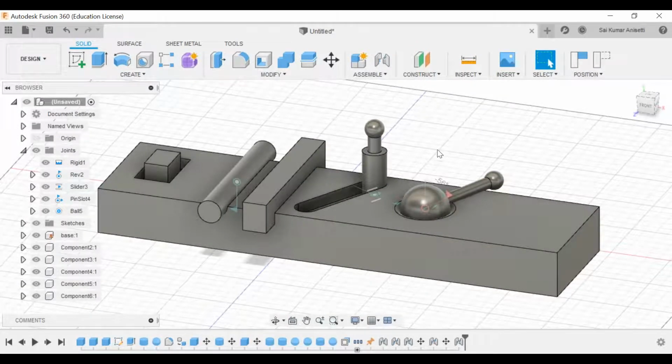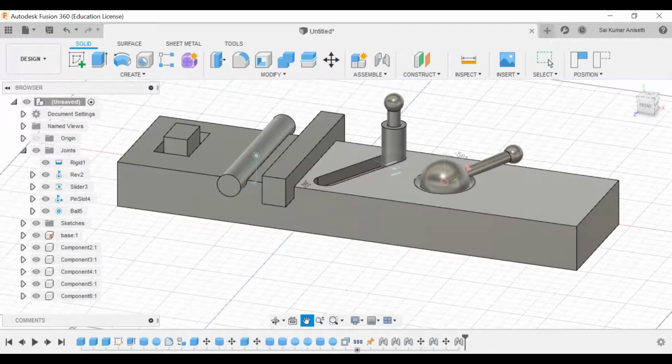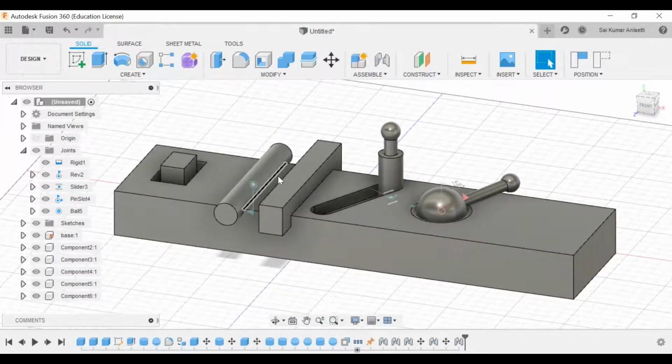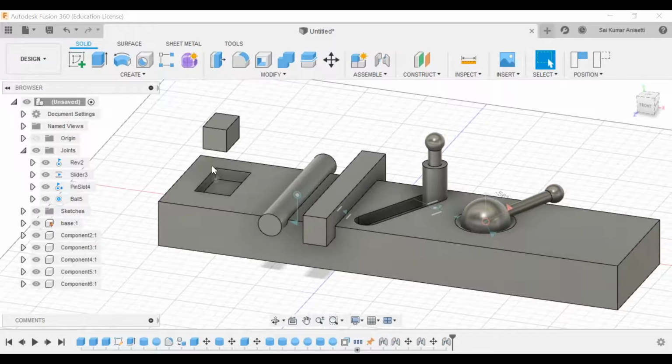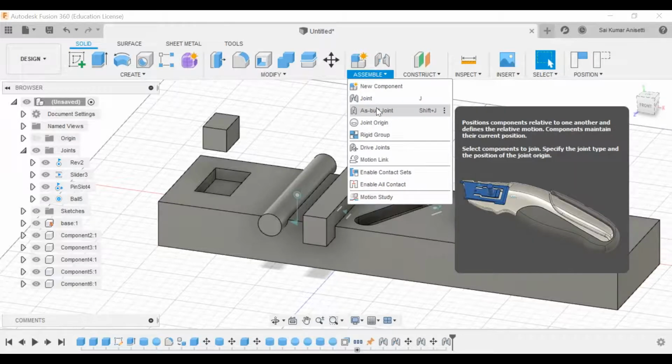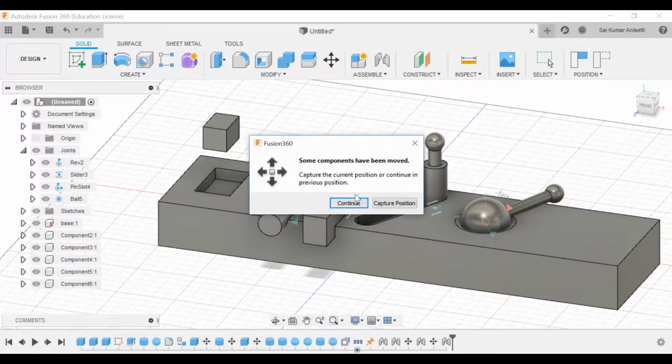So now, what type of assembly I have created is, this is my joint. The procedure I have followed is that my joint is somewhere else. Let me give an example of this particular body. Let me delete this rigid body, and it is somewhere in the air now. Now, if I want to assemble with as-built joint, I'll click this as-built joint.